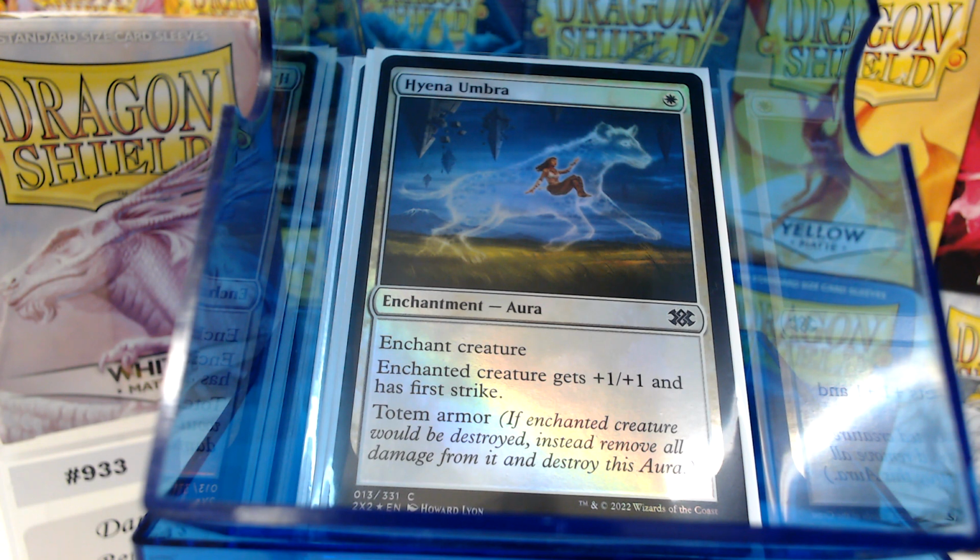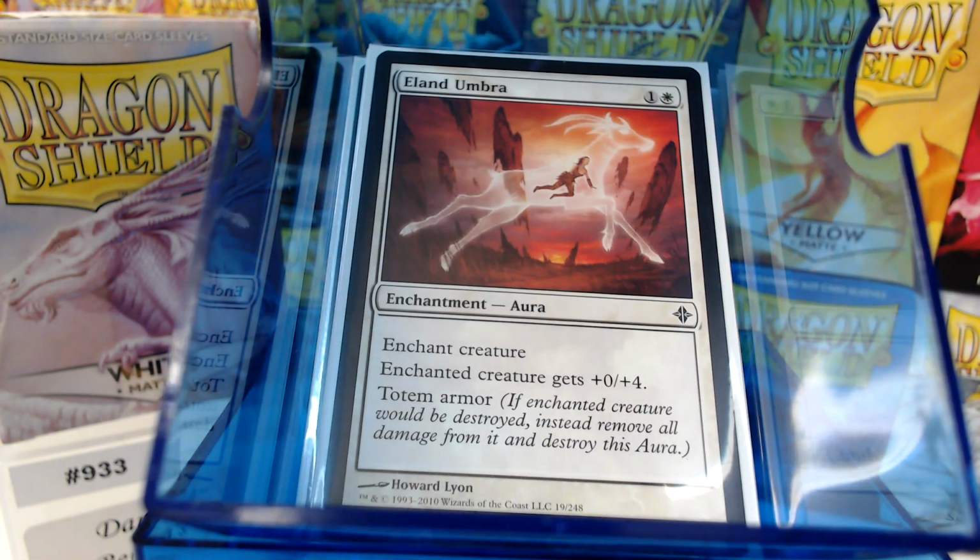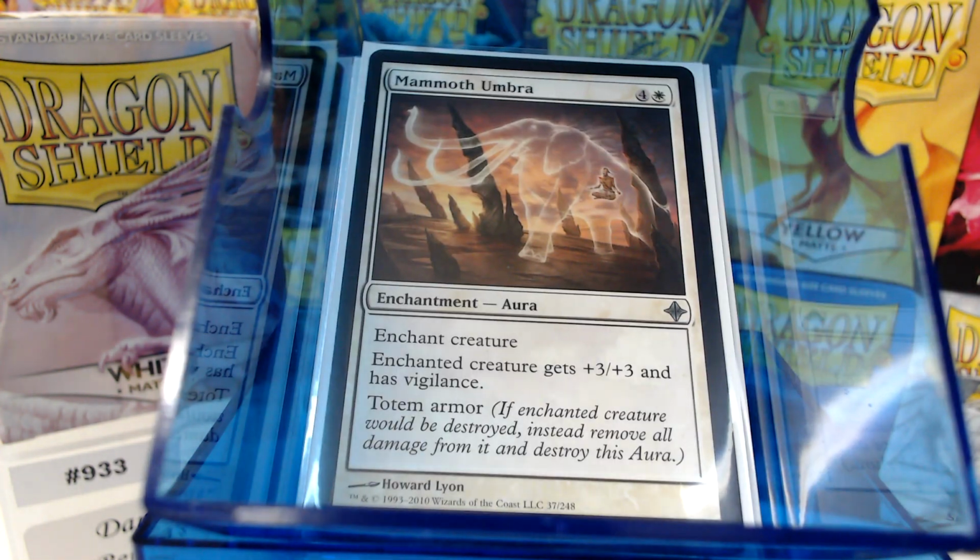Whoa. And with things like Sun Titan stuff, we can get those back. So we have the Hyena Umbra, the Elan Umbra, and the Mammoth Umbra. Those are the only 3 in white. Now, I know there is the white creature that gives them all totem armor, but I didn't have one at